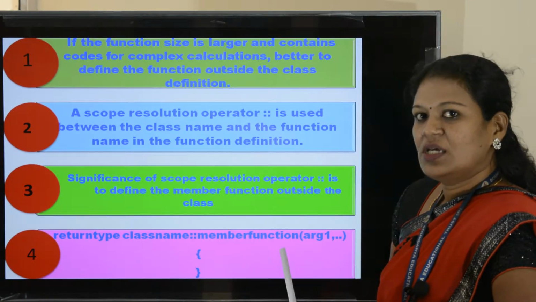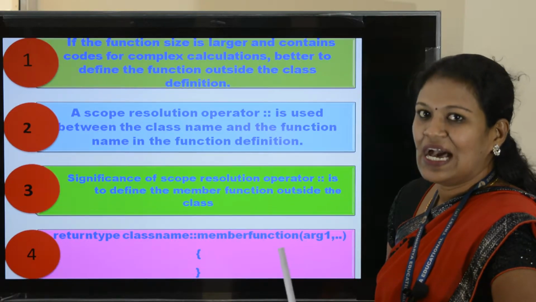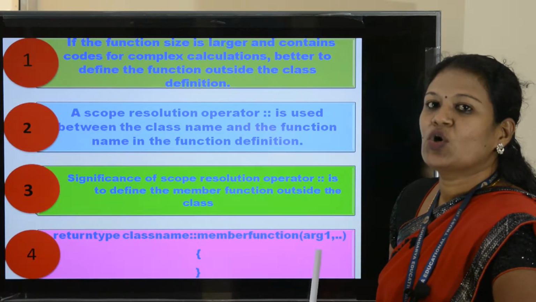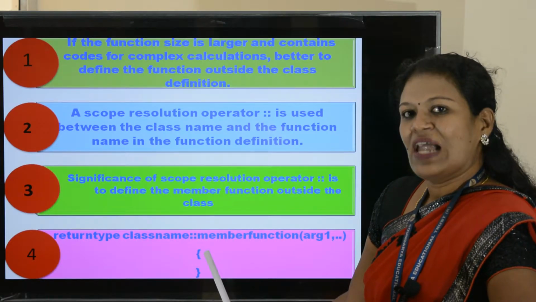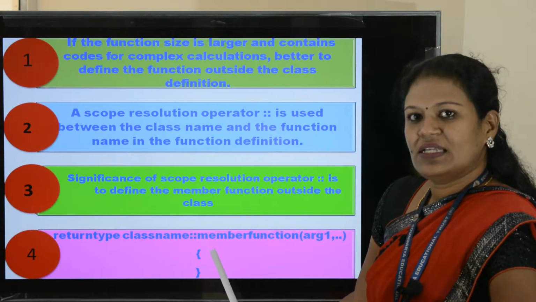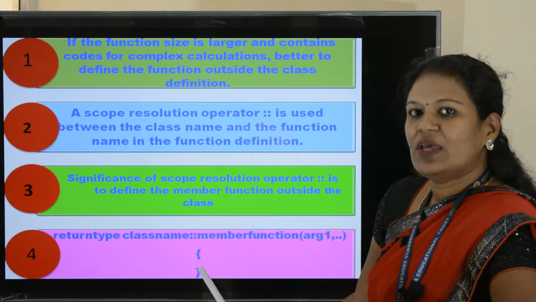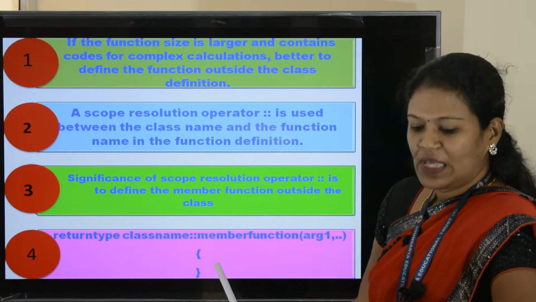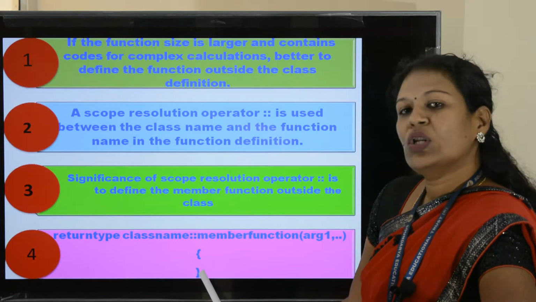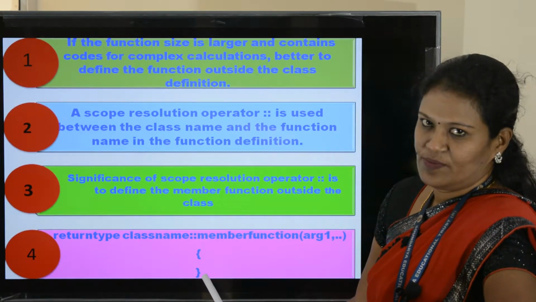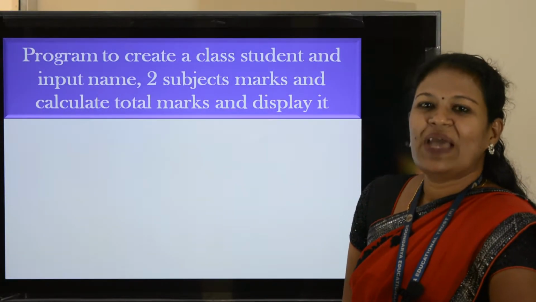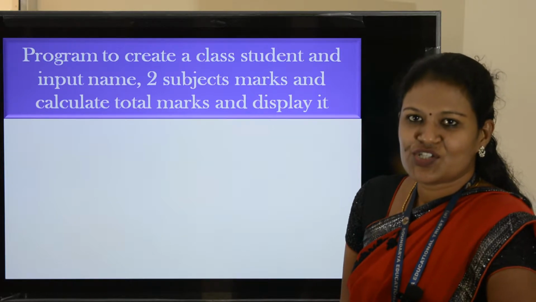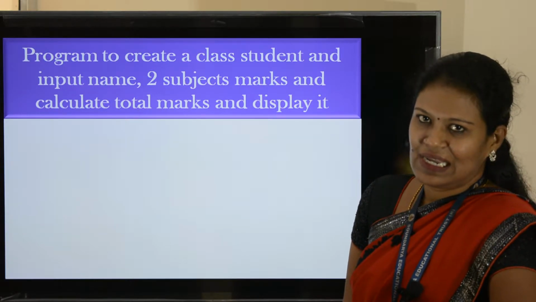In brackets you can give arguments, argument 1, argument 2, etc. Next, open the flower bracket. Inside the bracket we give the function body, and last you need to close the flower bracket. So today we are going to start with programs based on member function outside the class.